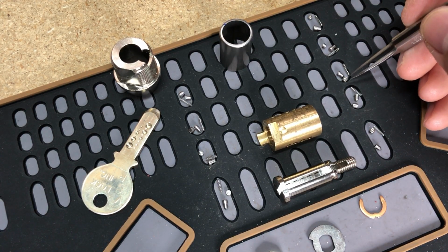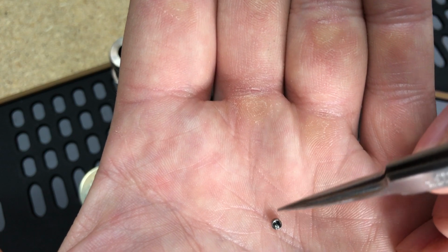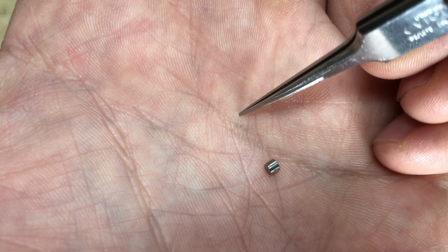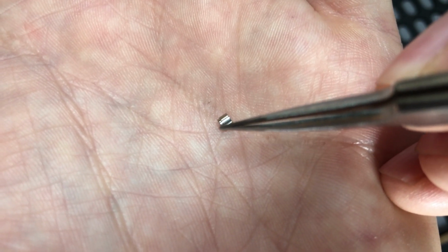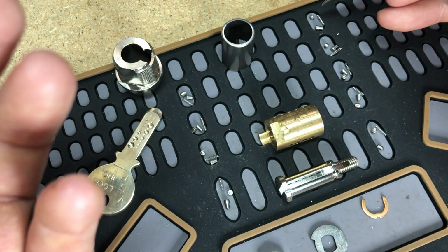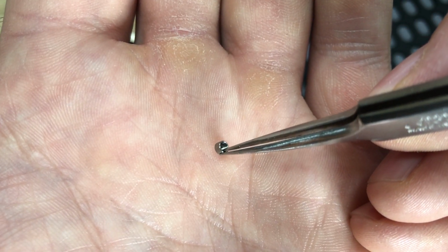All right, let's take a look at a driver. So, you can see there's a little indentation or a recess in that driver where the spring sits. I guess that just gives it a little bit more room for the spring. And then on the end, you can see the very end of the driver there is tapered. Will it focus? There. So most of them are like this. There's a couple that aren't. I think this one doesn't have that tapering. Yeah, this one is just straight sides on the end, but it's got that little